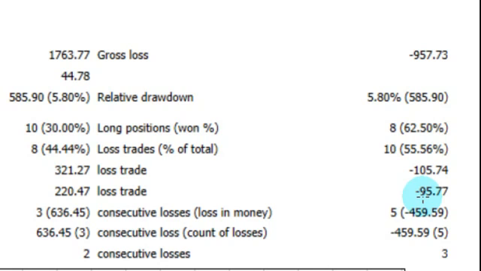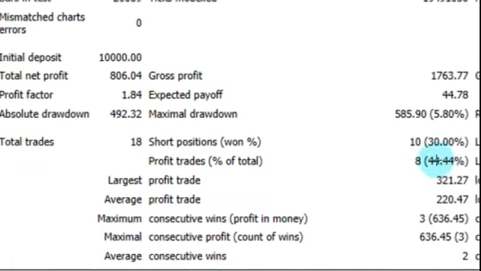I risked $100, which is 1% of my account, and I took at least 2%. And this is the average. The average profit was around $200. The average loss was around $100. I kept 1 to 2, and with only 40% success, I did